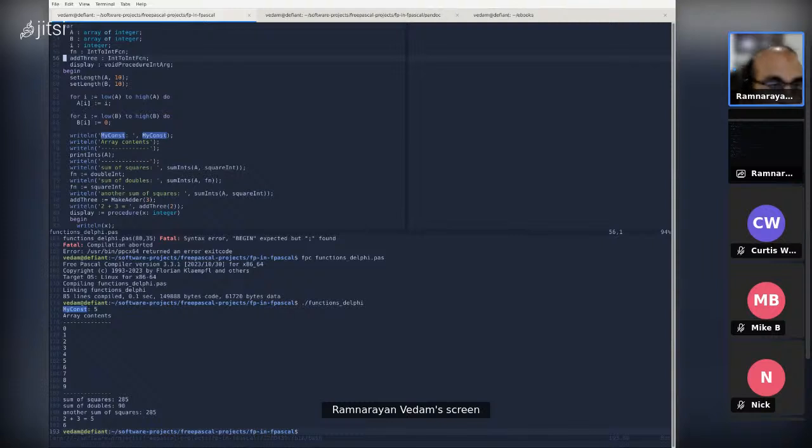You have to declare your variables up front. Normally, you would want to declare add3, which is on line 56, near line 78, because that's where we're using it. But because Pascal doesn't allow you to do variable declarations inline within the begin and end block, you have to actually put it in the variable section. So add3 is basically what we're going to be leveraging later on in line 78.